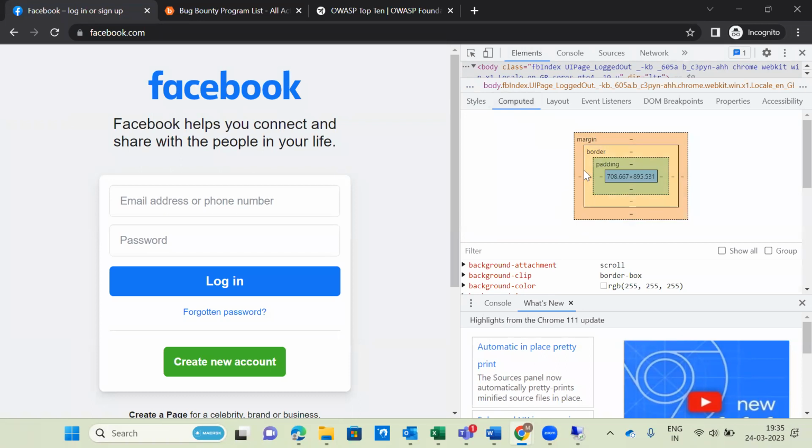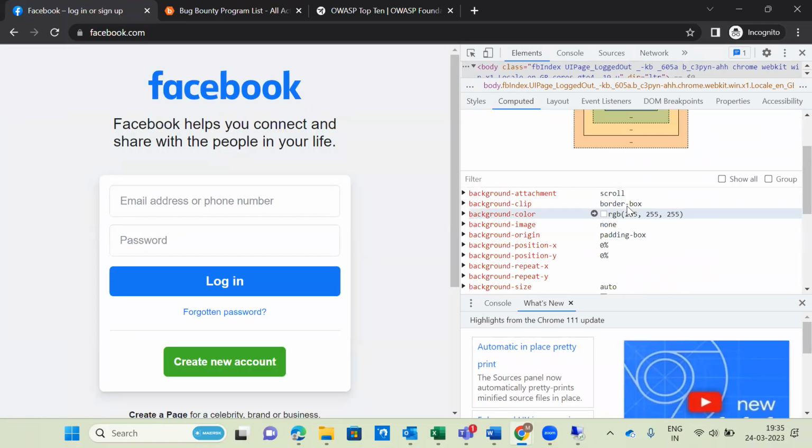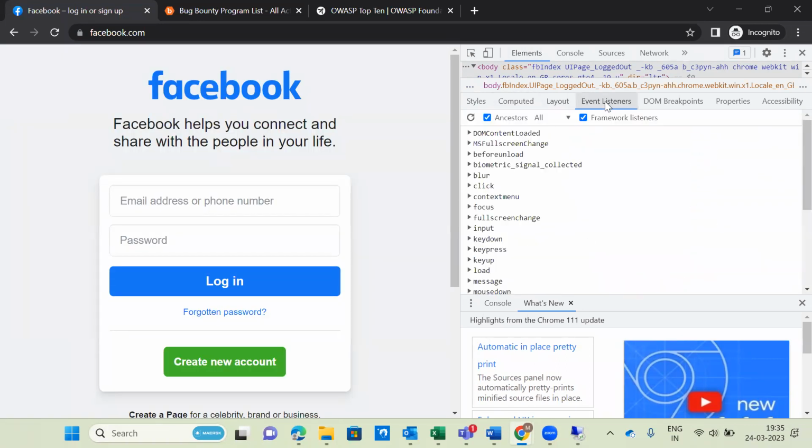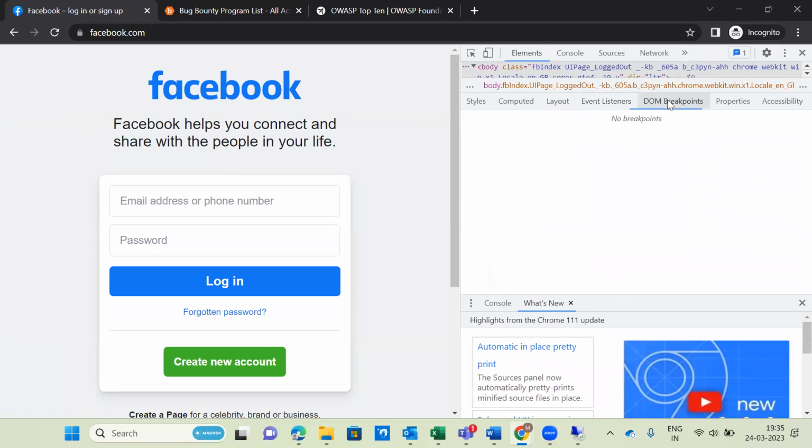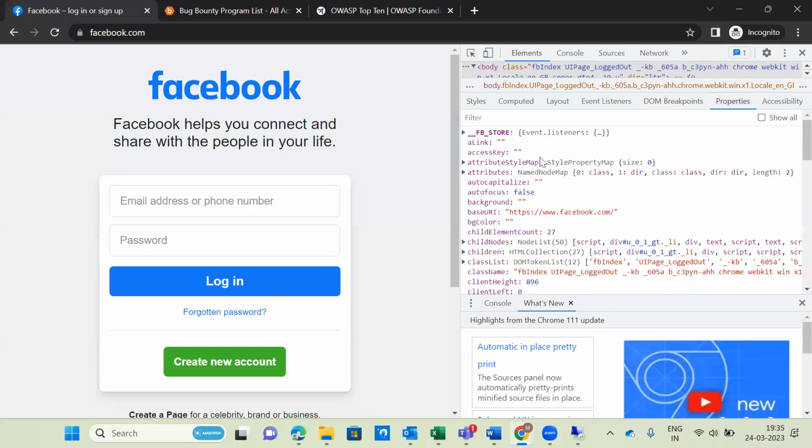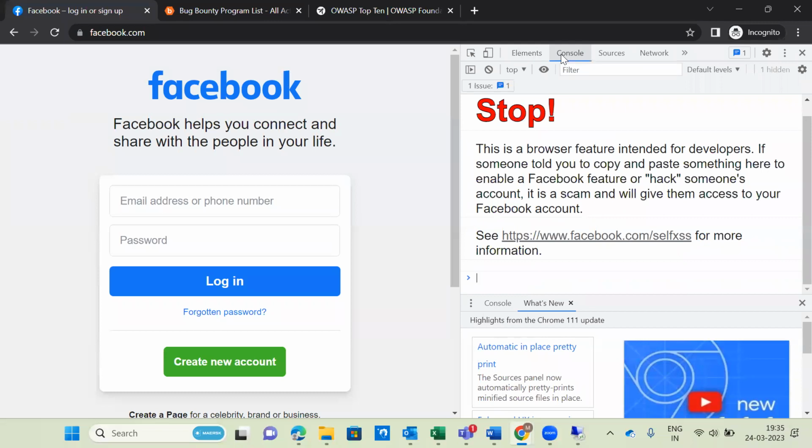So the next one is layout, event. Okay, next one is DOM based. DOM is one of the Java based iframe properties. Everything we have to go and verify from the security point of view. So that is on the element side. Similarly, on the console side,